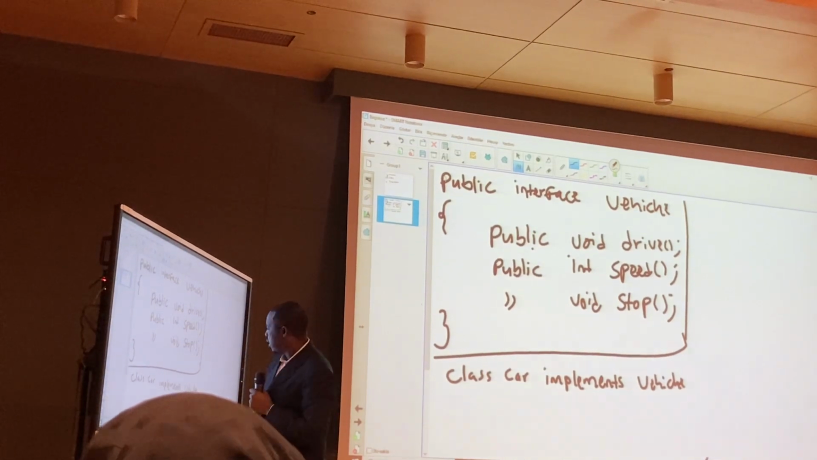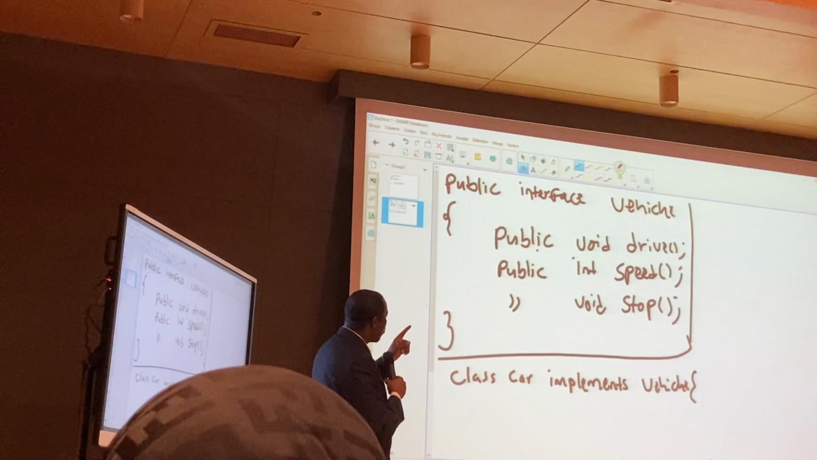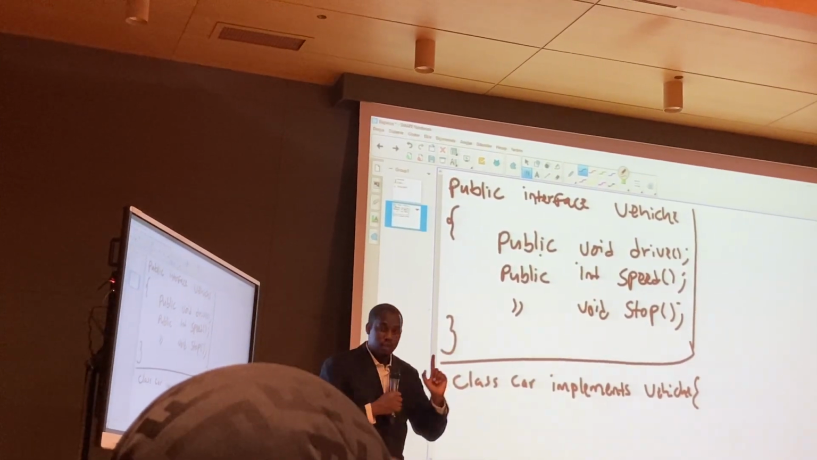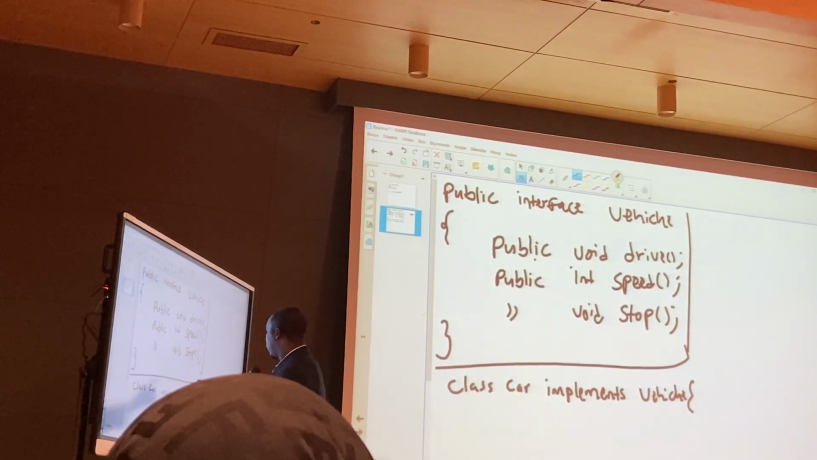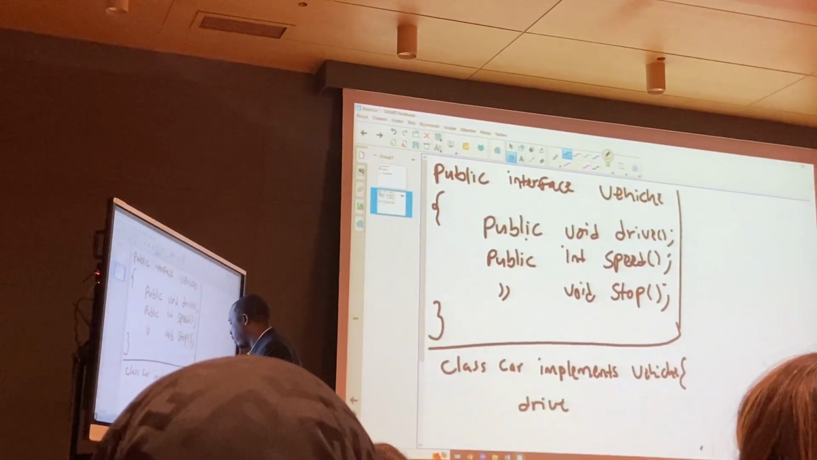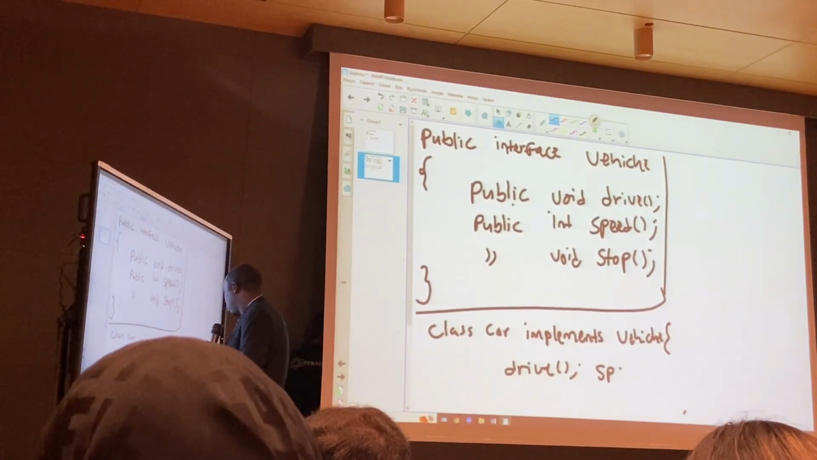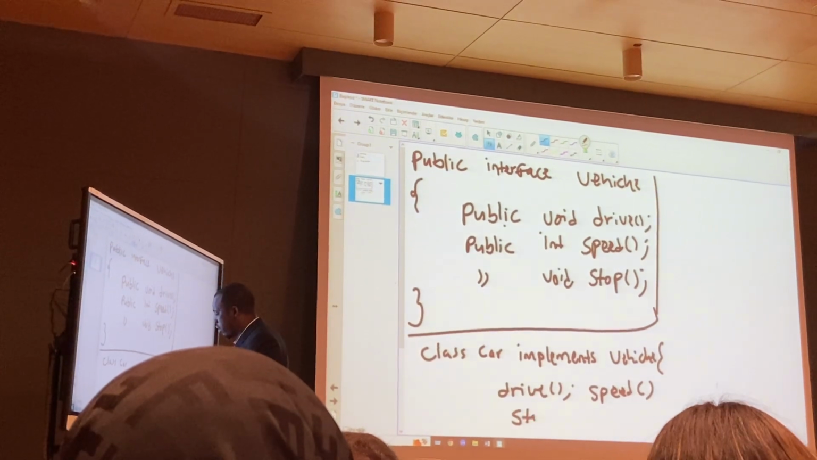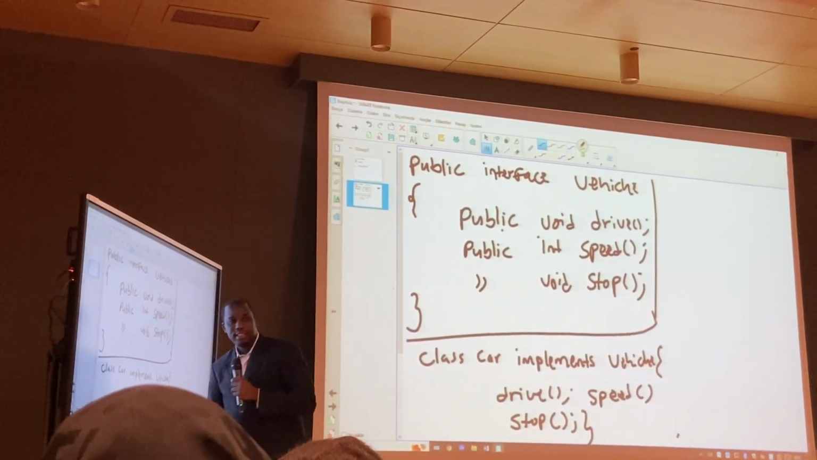So what we have here is this. The class car must have drive, speed, and stop. Okay? It must have drive, speed, and stop. So let's say I'm just going to write something like drive, speed, and then we will also have stop. Okay? So here is the problem with